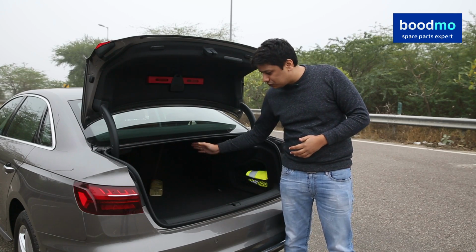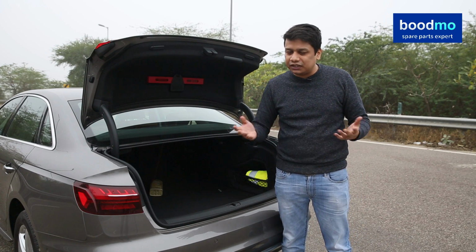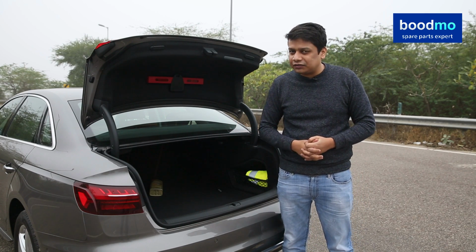The aperture is also quite good. Bit of a sill, but you can easily forget it because the boot is genuinely quite deep. Now today, I'll give it a good score of 9 out of 10,